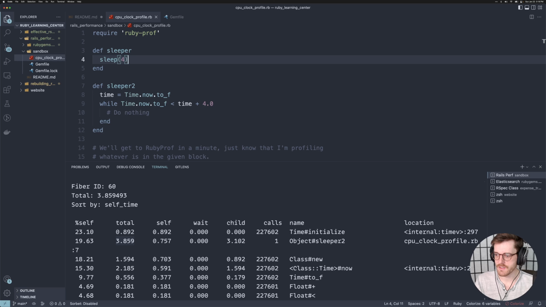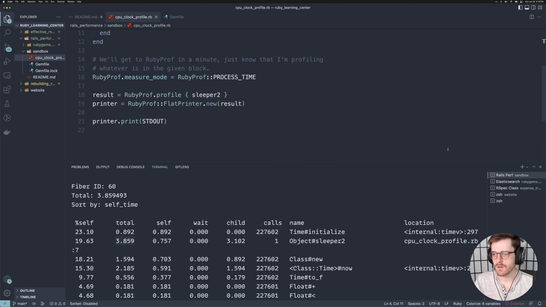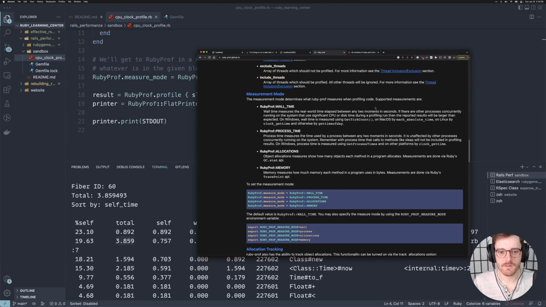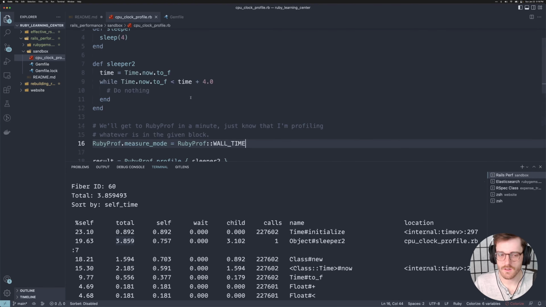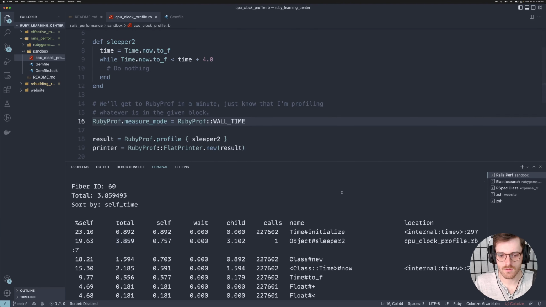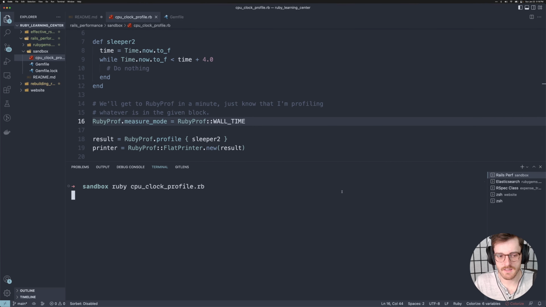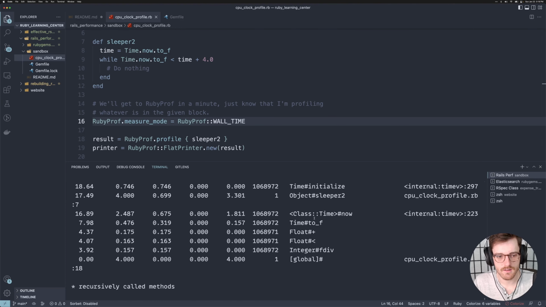Let's see here. So wall time, let's see what we got here. We profile sleep with wall time, we'll get... where exactly is wall time on there? Ruby prof, give me wall time. Wall time. Okay. Let's try that out. So it mentions wall time is very similar to whatever clock time is displayed on the